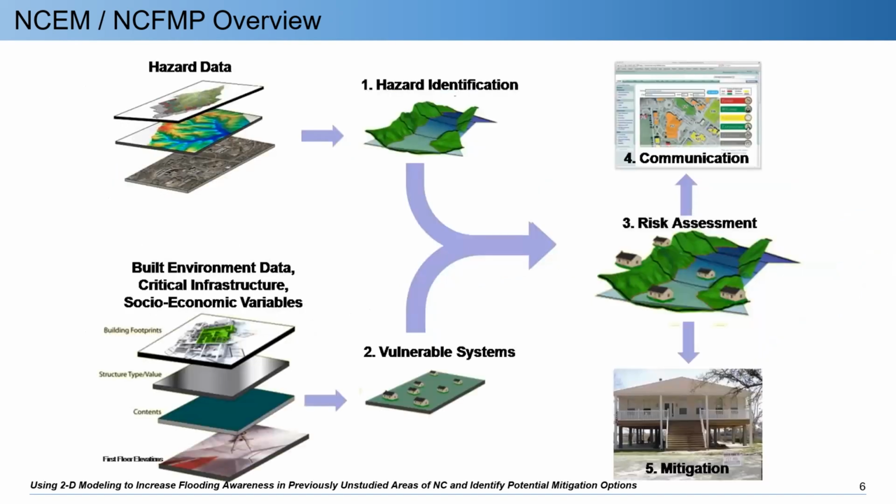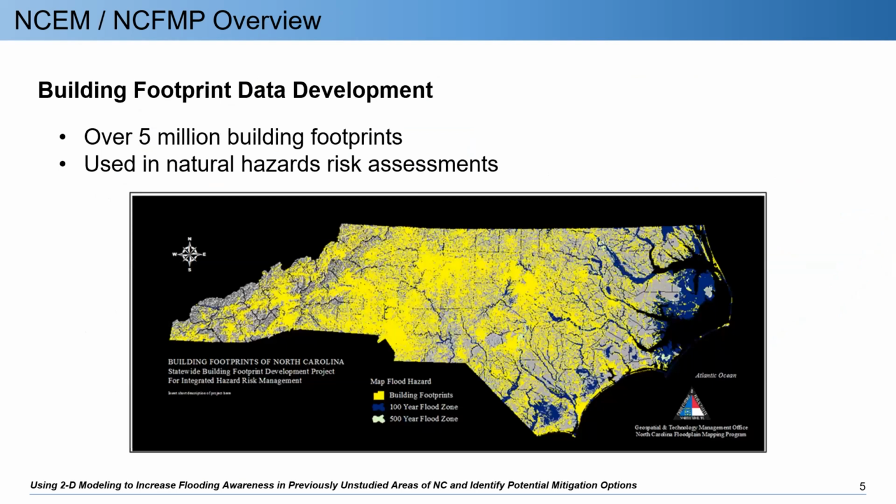Next slide. Building footprints. Can't forget about building footprints. Around 2009, the Integrated Hazard Risk Management Program came into being, and the goal was to develop footprint data to be used in natural hazard risk assessments, footprints and the attributes required to do natural hazard risk assessment. So as the state pairs these two, building footprints and the hazards together, next slide, Kevin,